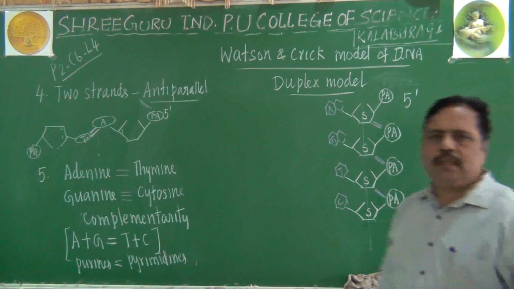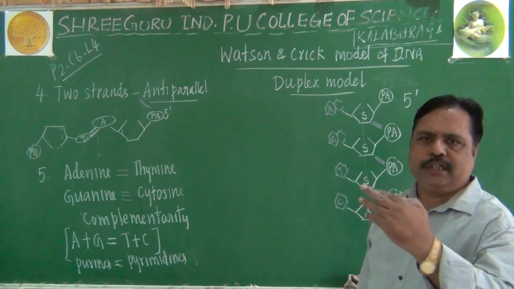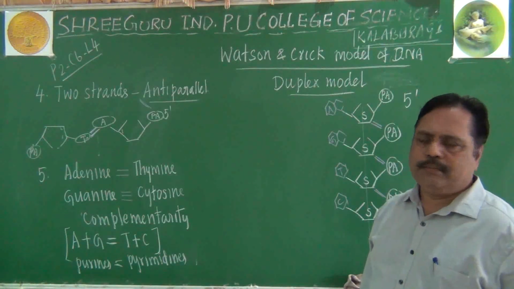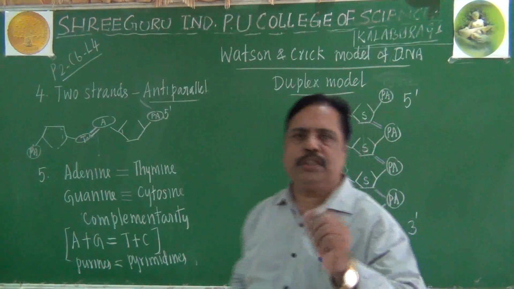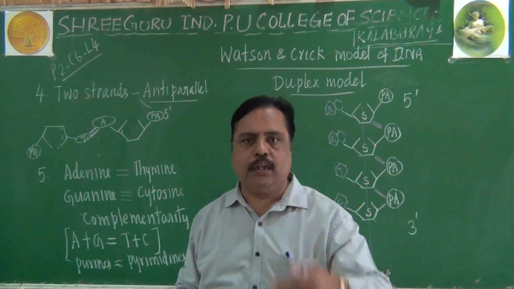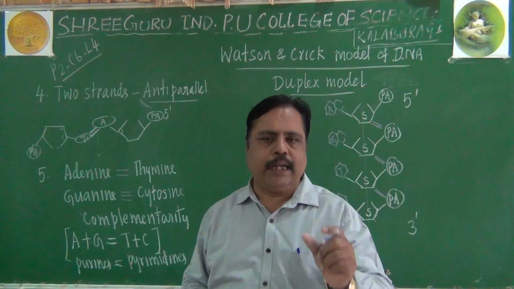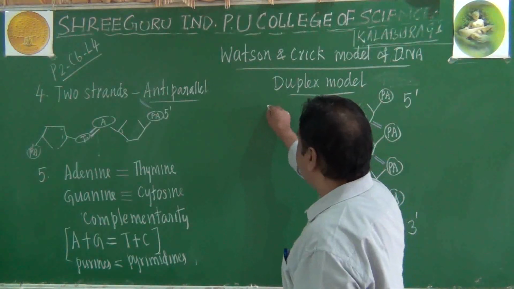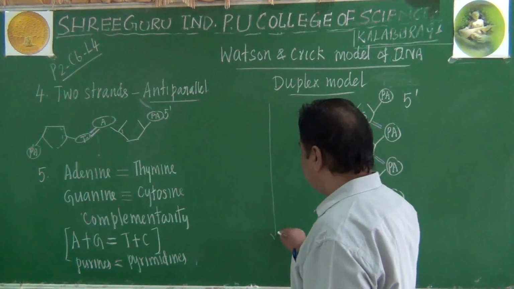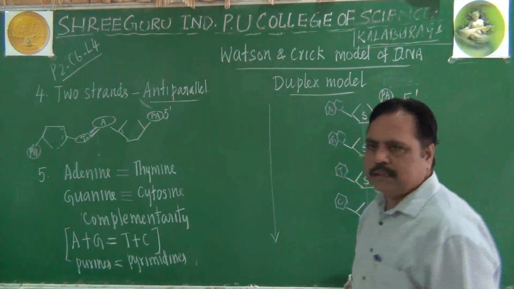Let me come to another chain. Opposite, there must be 2 chains, there must be another chain. What Watson and Crick told is that the opposite chain should be facing downwardly. Otherwise, anti-parallelly they should be arranged. That means, let me draw the other chain here with an imaginary axis like this.